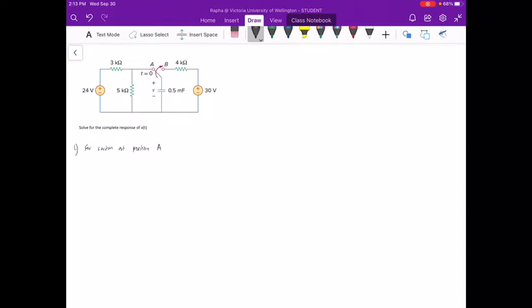In order to clarify it, we need to redraw the diagram this way. We have 24 volts, the 3 kilo ohm resistor, then the 5 kilo ohm resistor, then